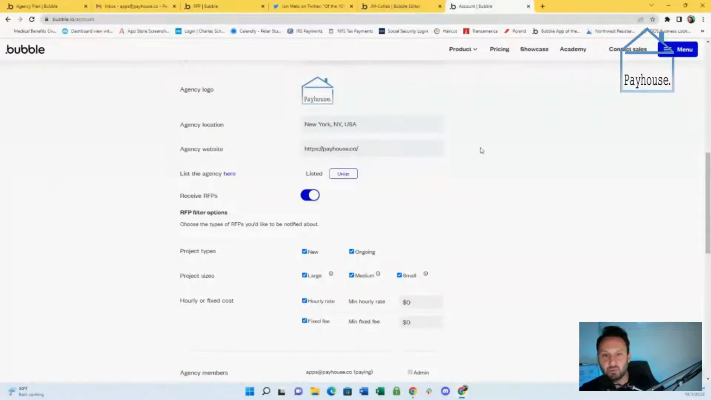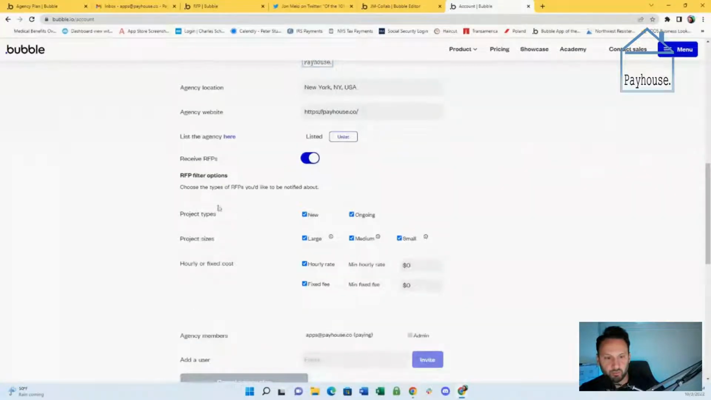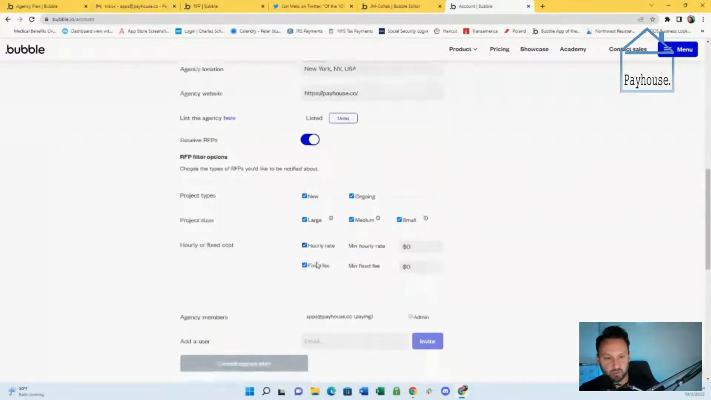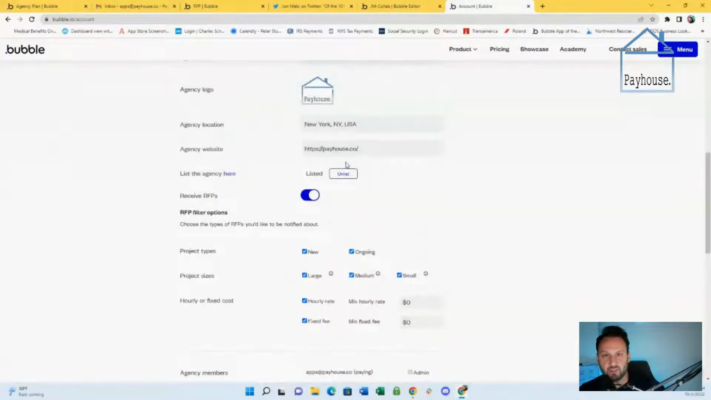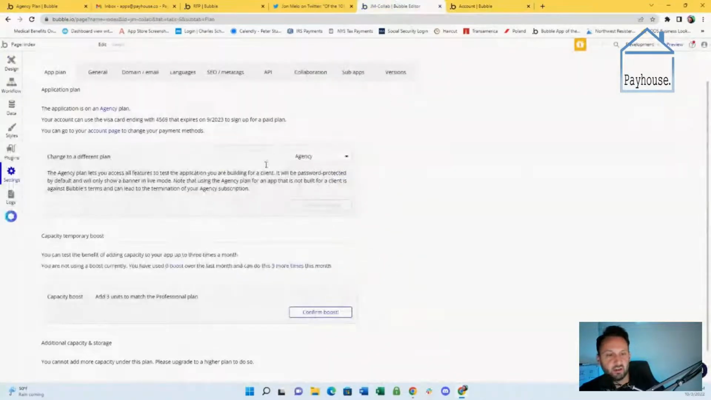Whereas the agency plan, you kind of have these settings in your Bubble account, right? If you go to your my account, you can see that receive RFPs is an option. You'll be listed on the Bubble agency page, and now they have all of these filters coming in, which is all new. So that's cool. So you have these configurations to set there,